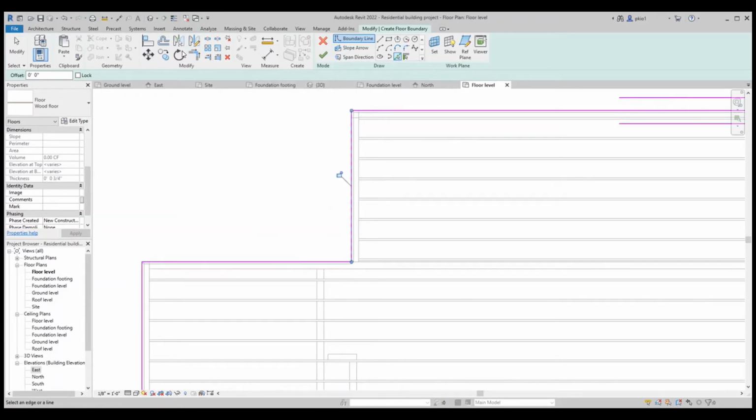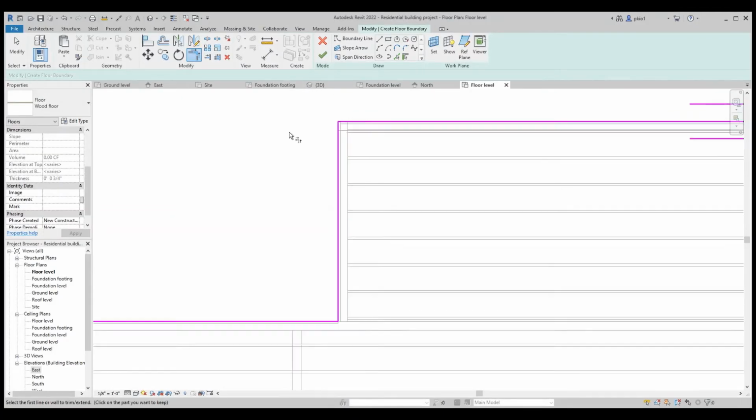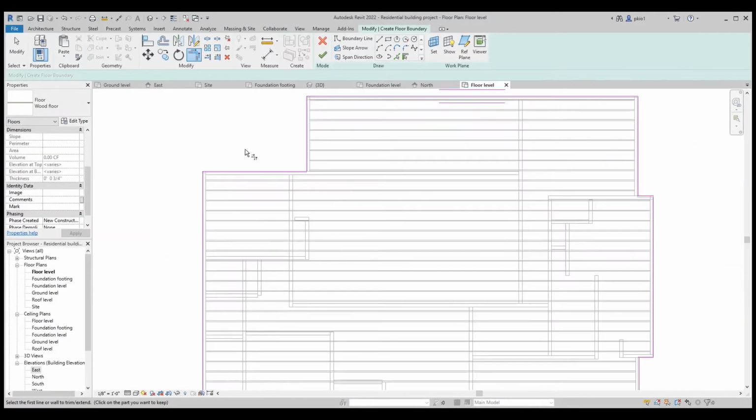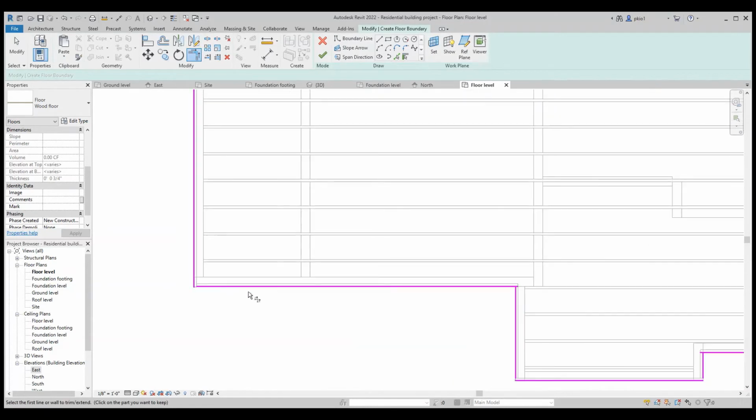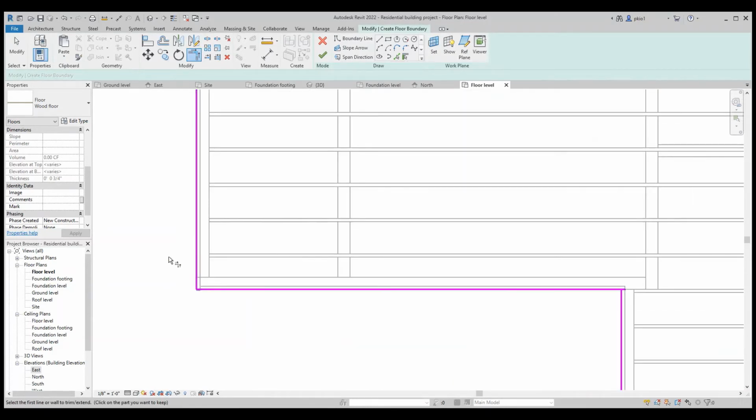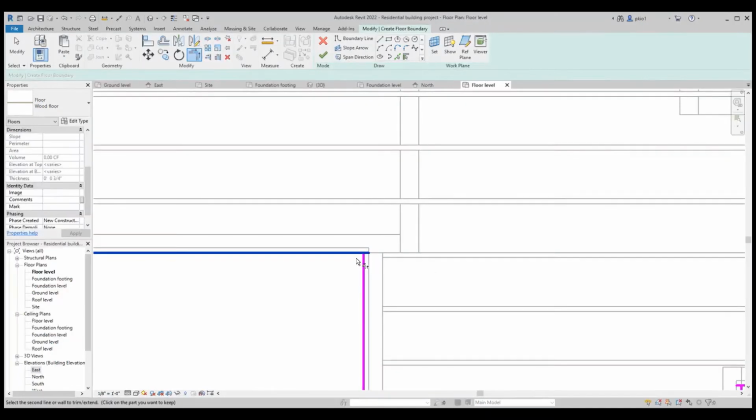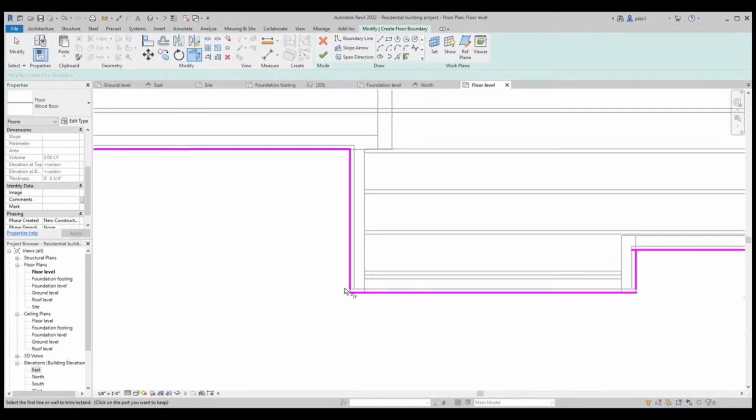And then we make sure all the lines are touching by using chamfer. There's no overlap.